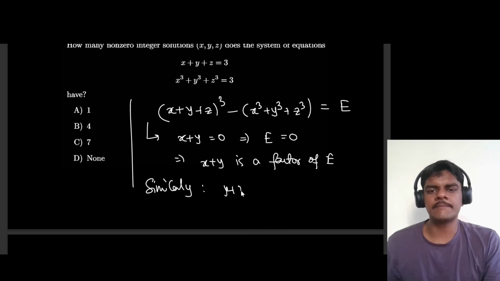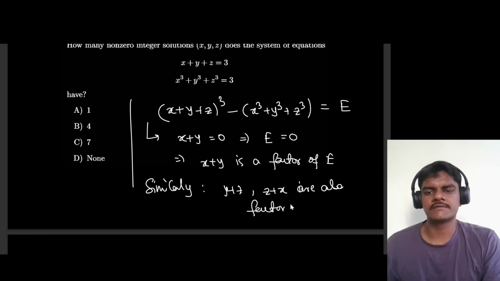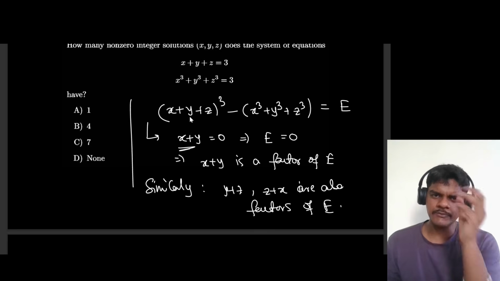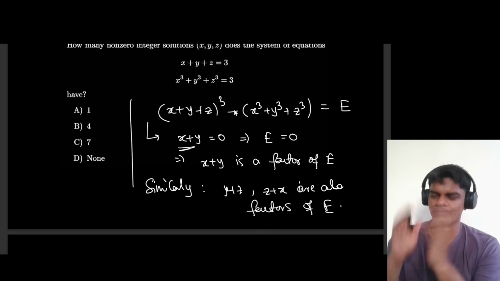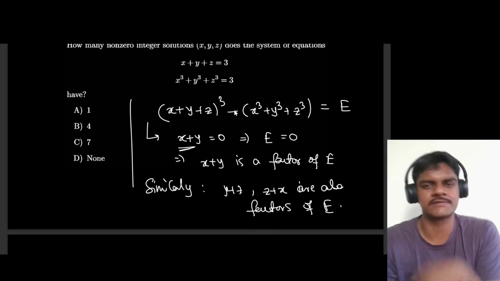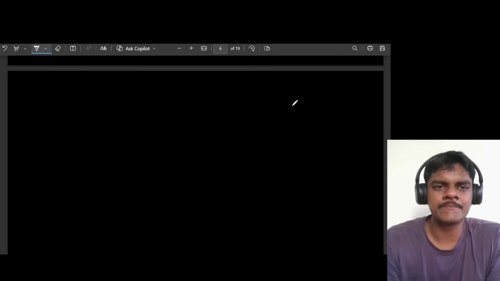Similarly, y plus z and z plus x are also factors of e. Don't you think? If you put x plus y equal to 0, do you see that this is going to be 0? This is kind of obvious. So what can we say? Therefore,